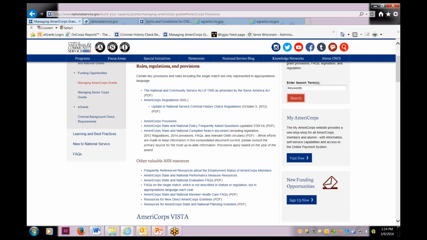But again, if you remember the onion, you have to keep in mind that Serve Wisconsin may have additional requirements to what you're reading in these terms and conditions. So just like I said, it can add to, it won't trump these, but it could add another layer to something you're looking at, and that's where it's always good to check with your program officer or look at some of the other resources we'll look at today.